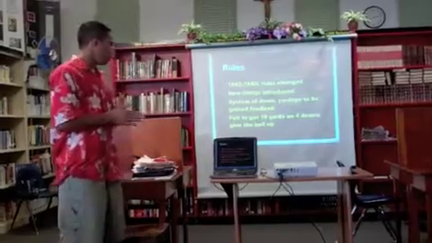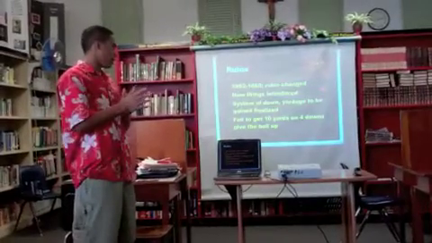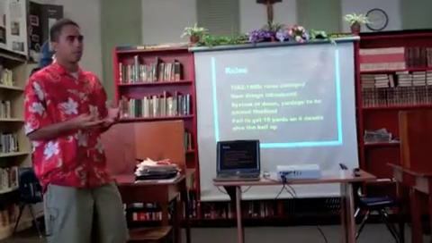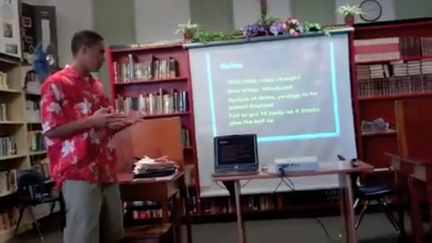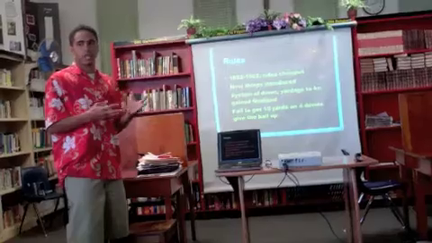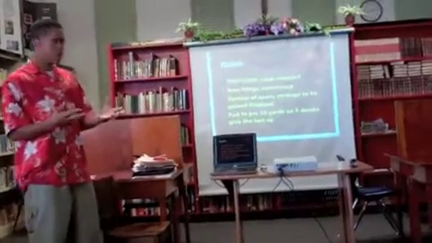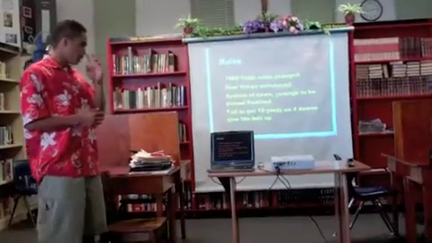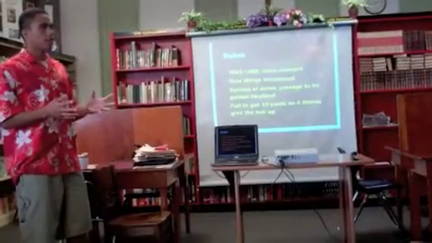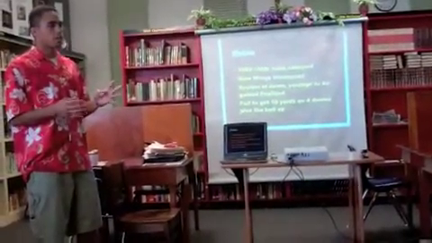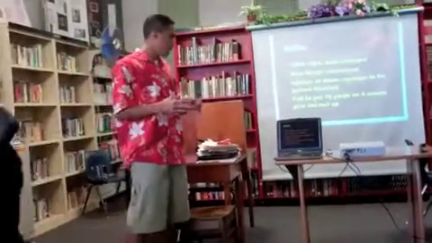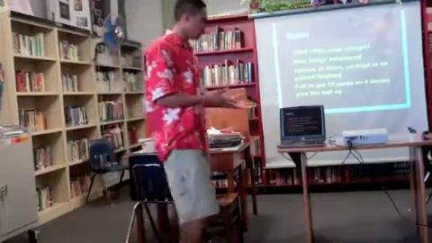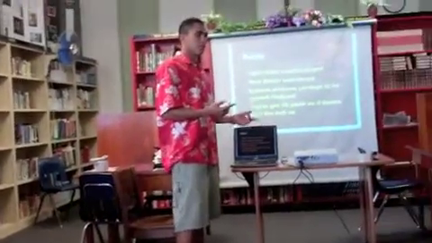Rules changed drastically from 1882 into 1888. New things were introduced. They had a system of downs and yardage, and you have to gain yards in order to renew your downs or have a new set of downs. You have 10 yards and four downs to get past 10 yards. And if you fail to get the 10 yards in 4 downs, the ball is switched over to the other team, which is called a turnover.